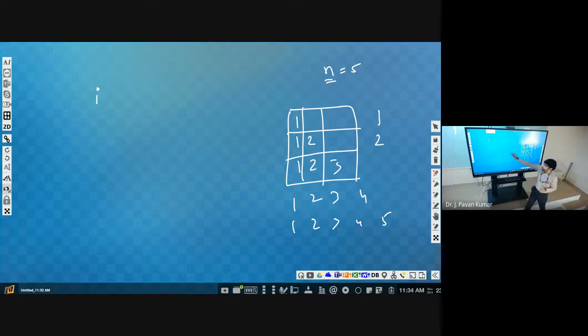So i value will represent row number. i value will start from 1 up to n. So by using range function, how can we repeat? Starting from 1 up to n plus 1, so it will repeat up to n. So range of 1 comma n plus 1. Then